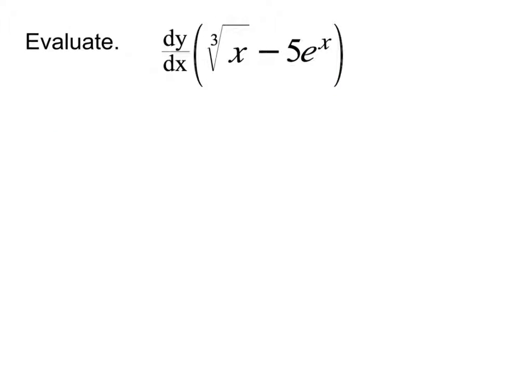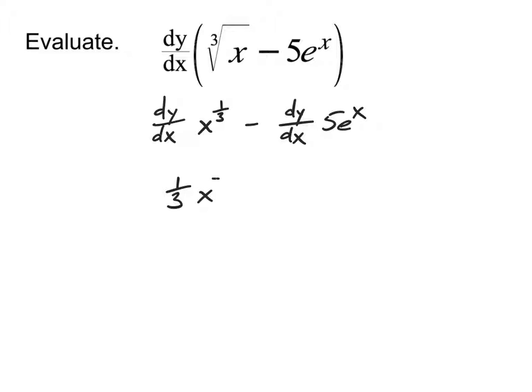And so now to continue with these ideas, we can actually bump up the difficulty a little bit more. Please find the derivative of this function. All right, and so in order to find the derivative here, we find the derivative of each term individually. And in order to find the derivative of cube root of x, I start by turning that into x to the power of 1/3. Now you should be able to actually find that value. So then, our derivative is going to be 1/3 x to the negative 2/3